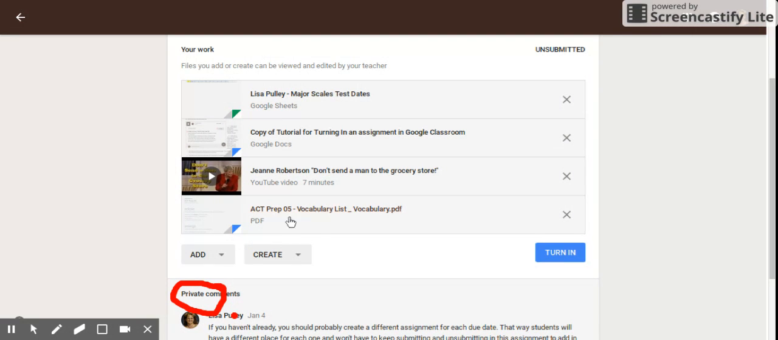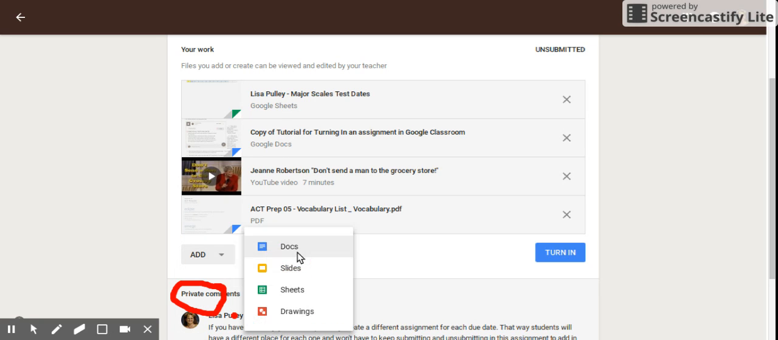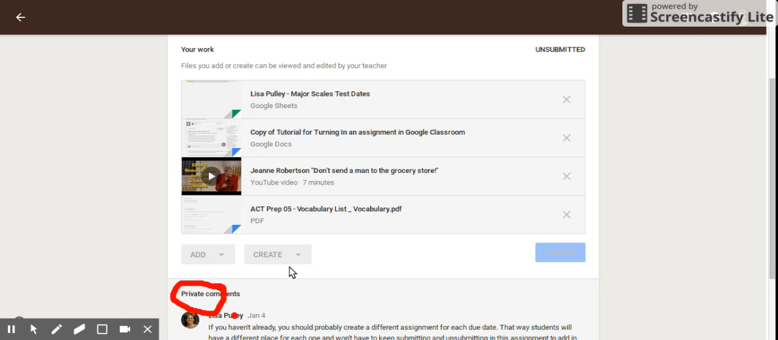All right, so now I've gone over the add options. What are my options for create? I can create a Google Doc, a Google Slideshow, a Google Sheet, or a Google Drawing. So what happens when I click, let's just create a slideshow. So I want to do a slideshow for this assignment. I click on Slides, and it's thinking,